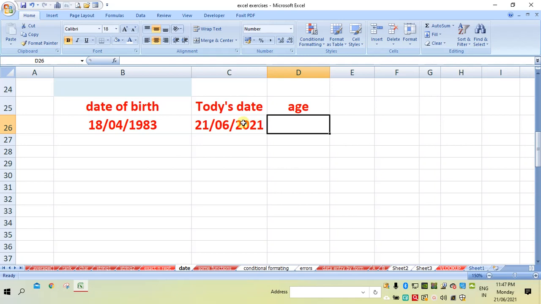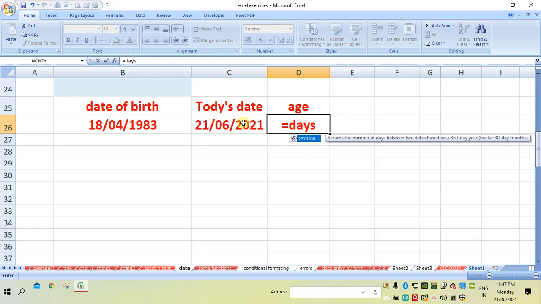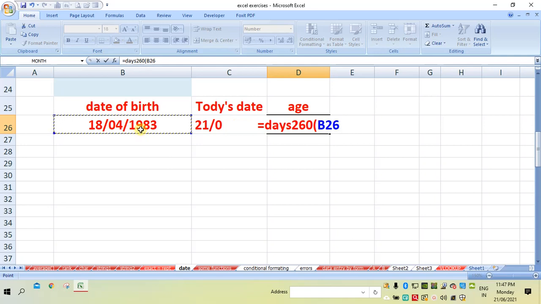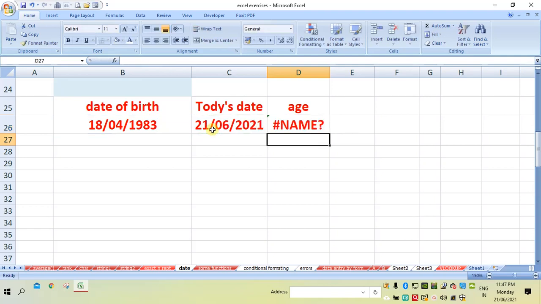To get the difference between these two, we have the function DAYS360. In brackets you write this date, and then this date, bracket complete and enter.